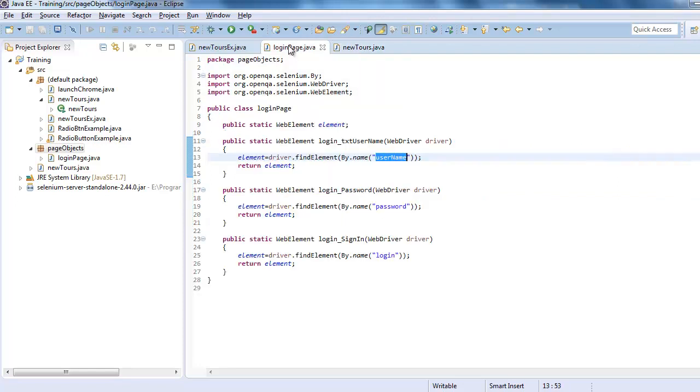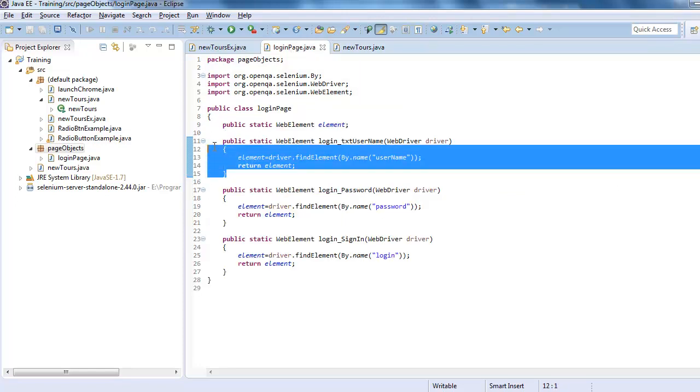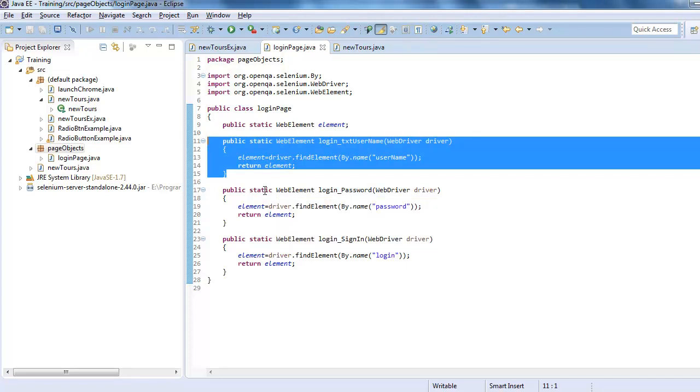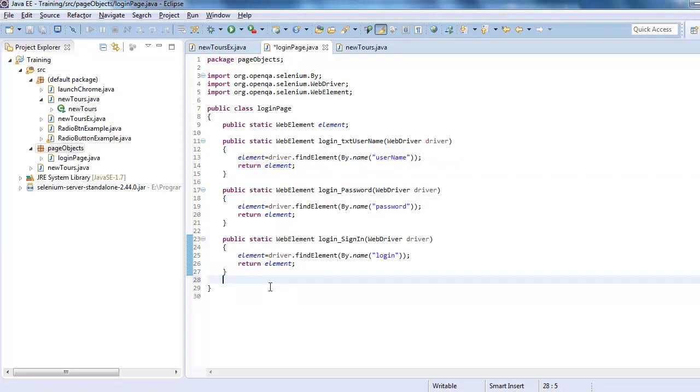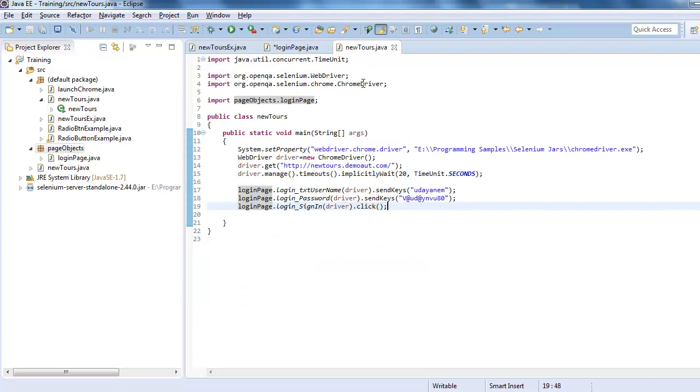So basically, as you can see, each of these methods represents one of the objects. For example, this is a common operation, right?